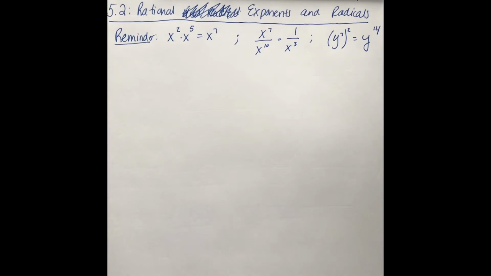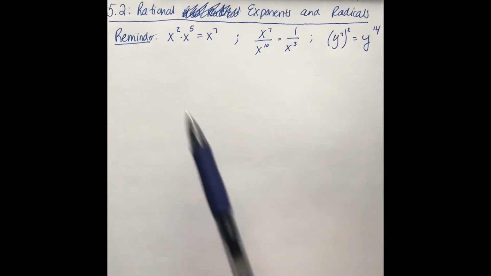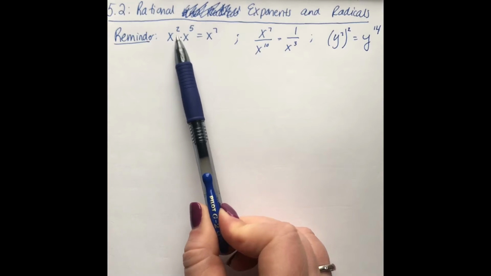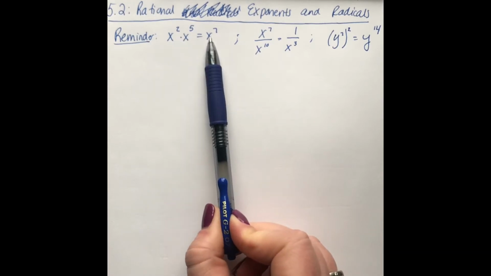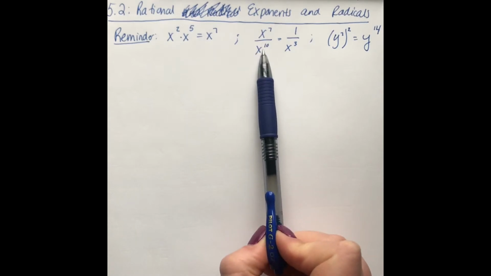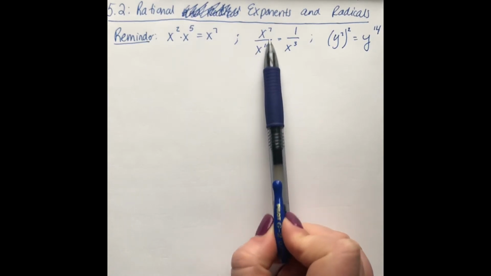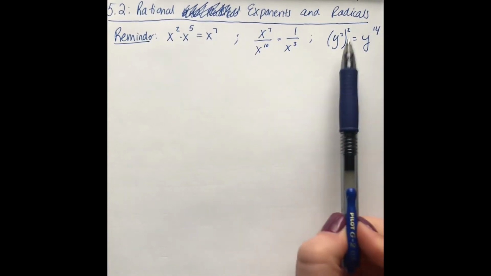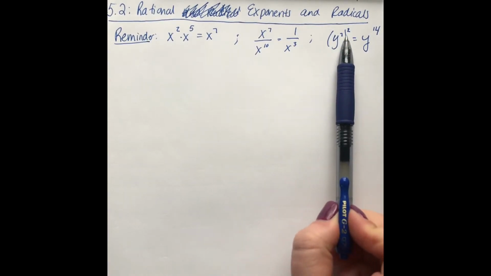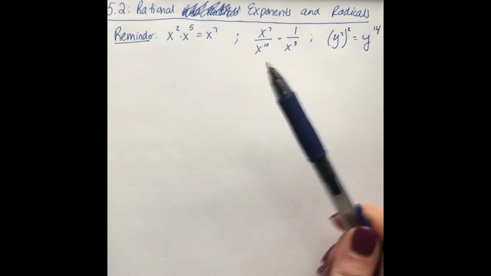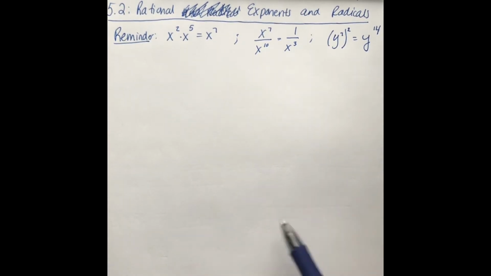So before we went on this break, we were dealing with exponents. And reminder, with exponents, if they have the same bases, you add the exponents. So x squared times x to the 5 is x to the 7. If you're dividing with the same bases, so x to the 7 over x to the 10, you subtract them. So 10 minus 7 is 3, so it's 1 over x cubed. And if we raise a power to a power, y to the 7 to the power of 2, it's y to the 14th. All right, so today we are going to talk about